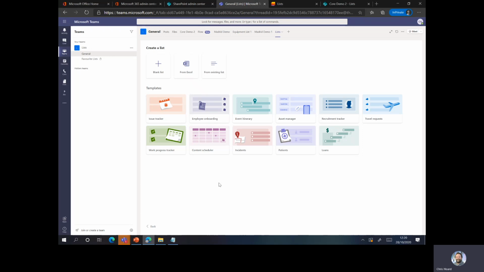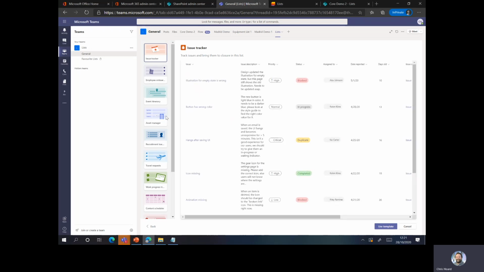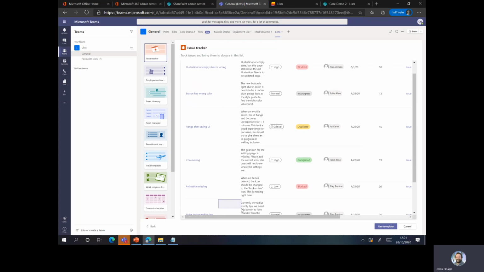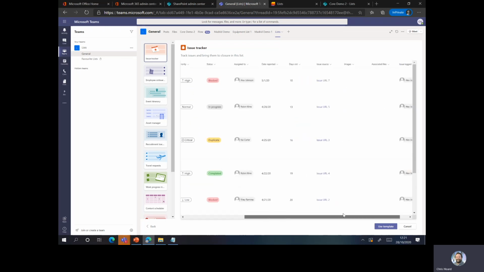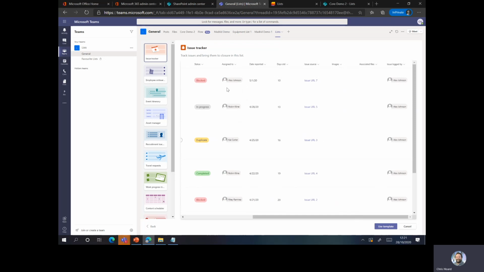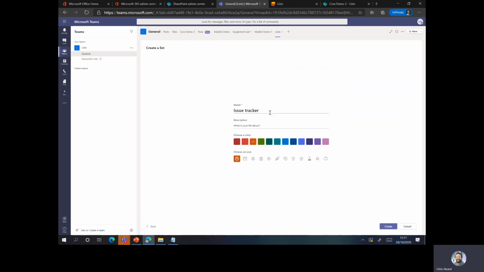I might not want to have to build all the column headings. I might just want a template to put in that will save me a lot of time in terms of setting it up. So if, let's say, I want to use the issue tracker, I can have a peek at all that information. You can see there all the different fields. I've got a RAG status for each one of my issues, which looks very effective, who it's assigned to, and who it's logged by. I just simply click on use template